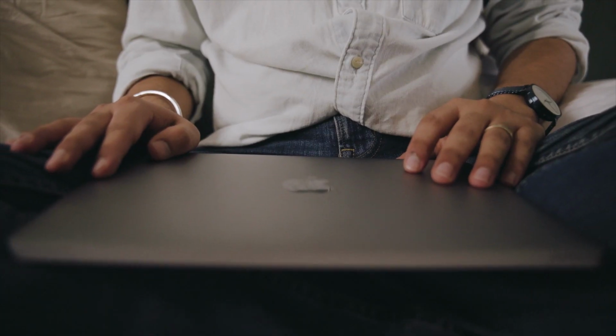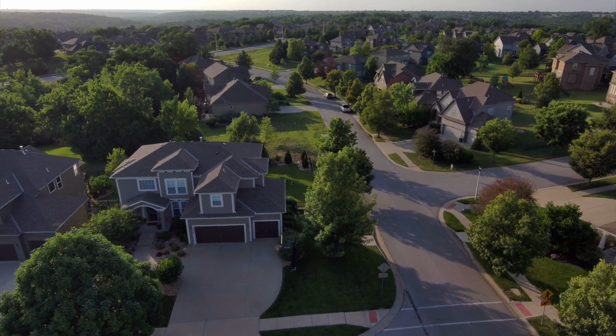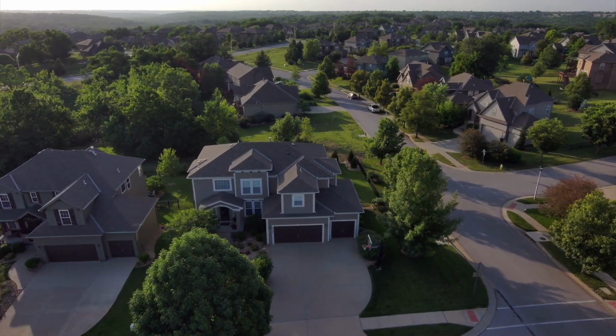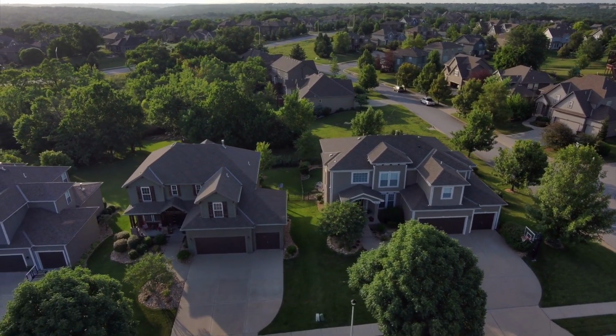So what advice do I have to people that are considering a home purchase here in the near future? Well, first of all, you simply just have to remain patient. There's a lot of competition out there. There are not a lot of homes, and you're going to have to go out. You're going to have to be patient on looking at homes, potentially finding the right home, and ultimately making an